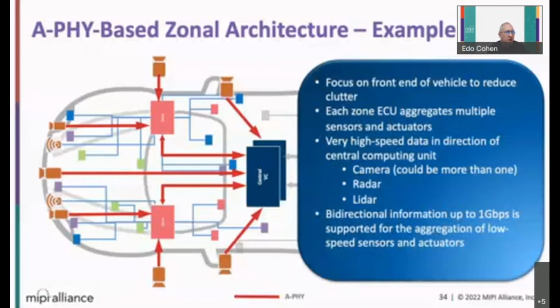And the MIPI A-PHY, which has a native connectivity to the different protocols, specifically the MIPI protocols like CSI-2 and DSI-2, and has a good comparison with VESA for DisplayPort, can easily migrate these interfaces into the main CPU unit and enable such easy migration and seamless